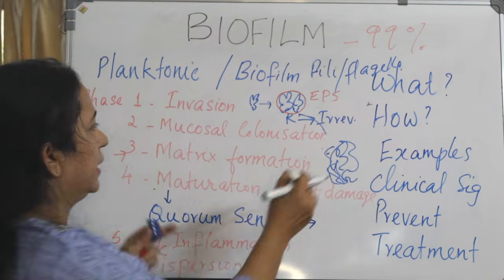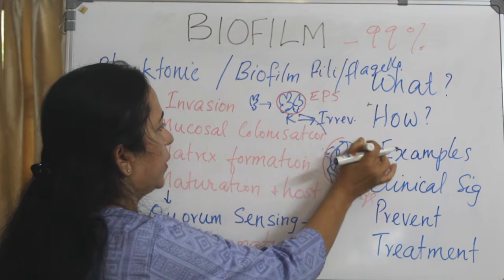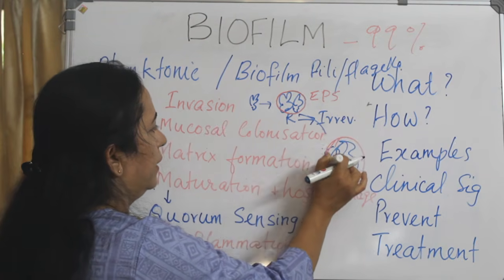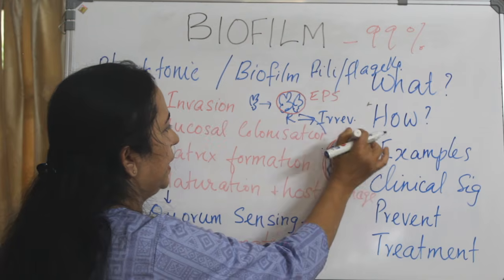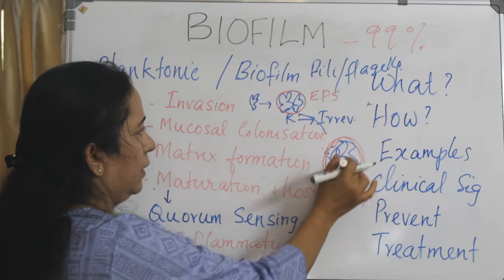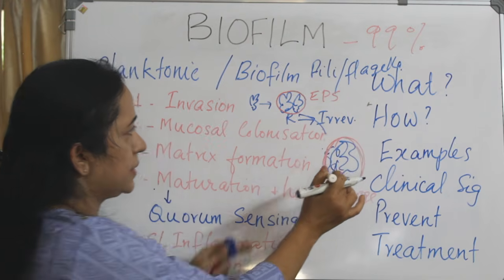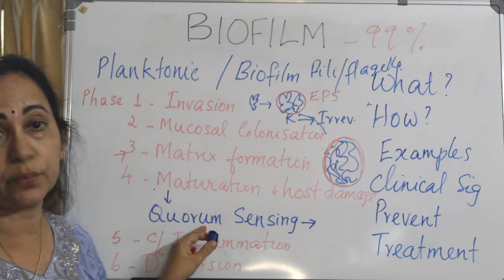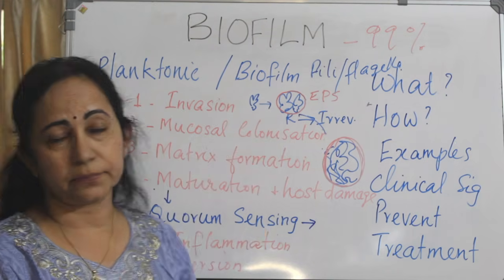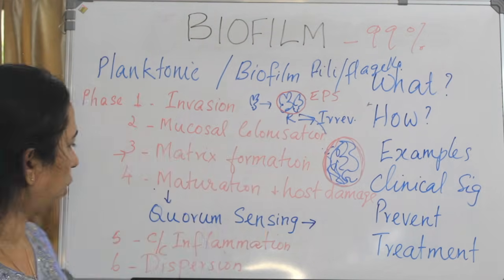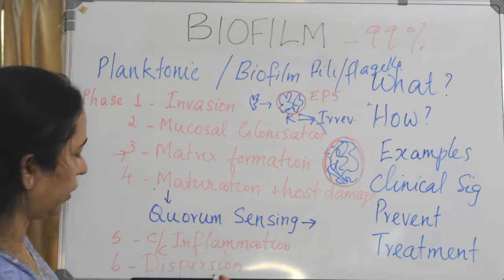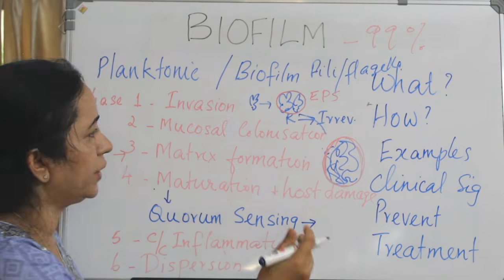After maturation, it releases cytokines and inflammatory cell mediators. After this, by the method of quorum sensing, the colonies mature and cause chronic inflammation, and after that what happens is